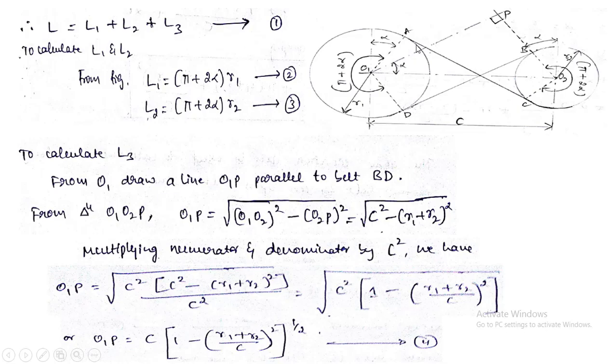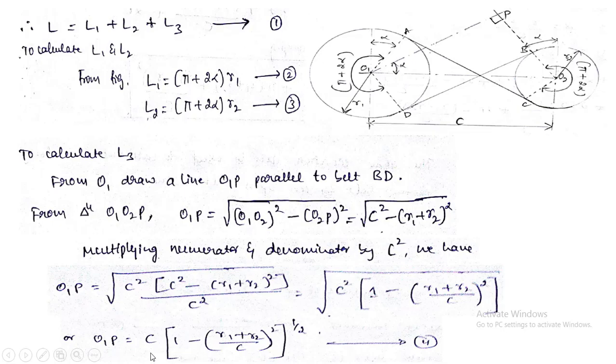That means O1P is the same as the length BD. Next, I need to obtain the length of the belt AC. As you all know, instead of drawing this line from O1 to P in this direction, parallel to BD, I will imagine drawing a line parallel to this line AC. O1 to P will be drawn parallel to this AC. Again I will get the same expression. You all know that we studied the same thing in the case of the open belt drive. So a similar expression to equation number 4 will be obtained if you draw the line O1P parallel to AC. That means the length of BD and the length of AC are the same.